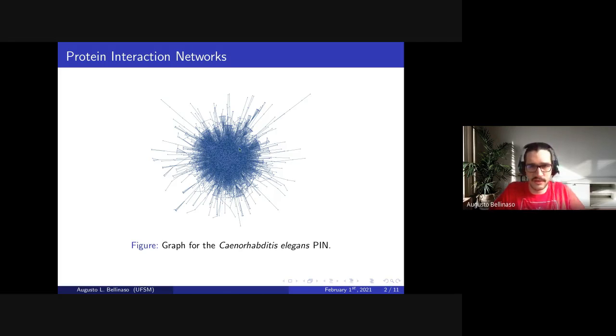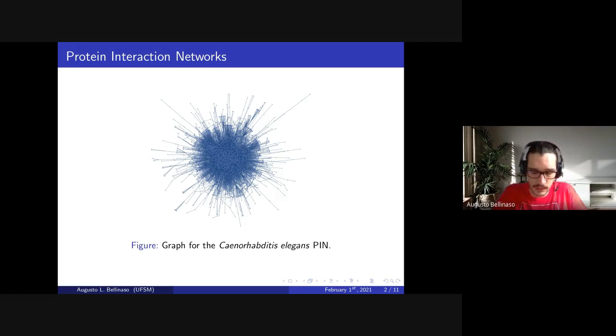And this is an example of a protein interaction network for the Caenorhabditis elegans, which is a worm, and it has about 4,000 nodes. But to study it in this way is a little difficult because it's just a lot of dots and links. So we need different mechanisms to study and to figure out the properties and also important features and